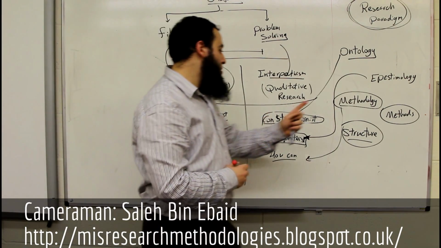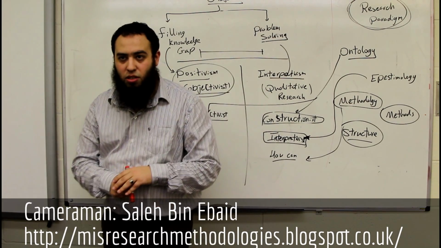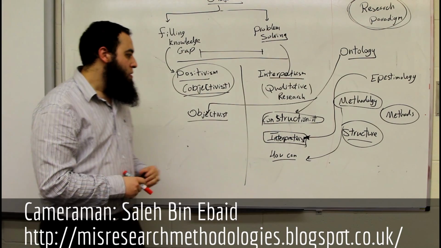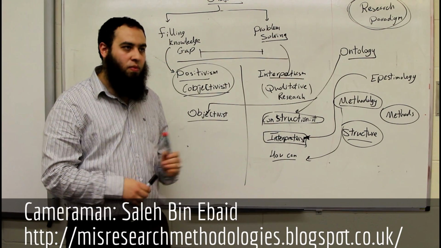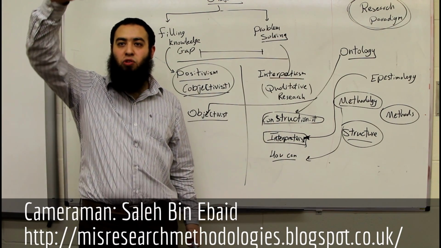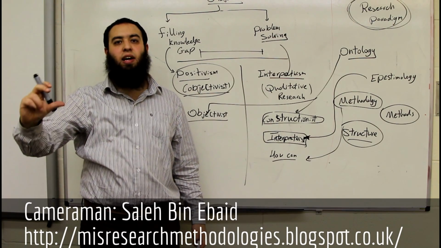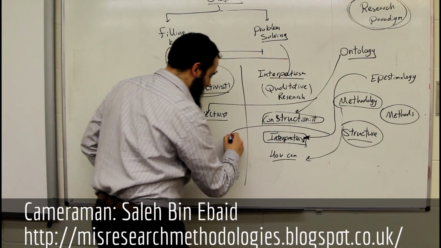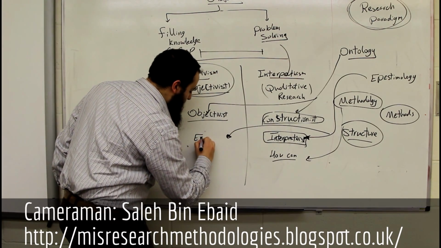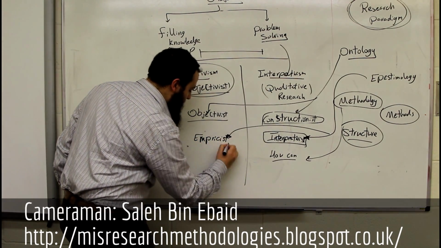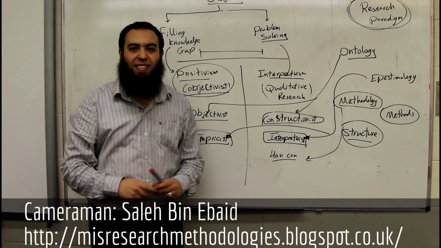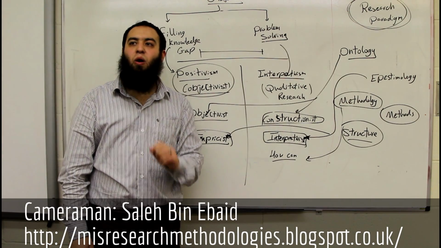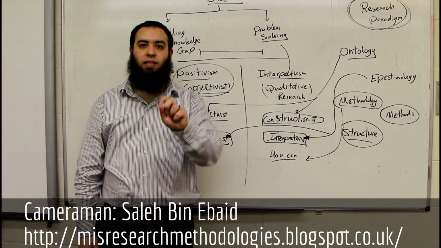This is my ontology. My epistemology, what's the meaning of epistemology? The theory of getting knowledge. What's your theory in getting knowledge? I say that we have a hypothesis and we test this hypothesis. So, this one we call empiricist. What is the meaning of that? Testing hypothesis. These people think the reality could be gained only by testing hypothesis.